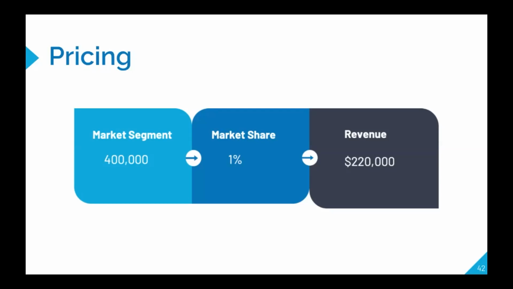There are 4 million Egyptians who are currently visually impaired. And by assuming that in the first year, we'll be selling to the A and B classes only, which amount to 10% of that number, this makes our target segment around 400,000 citizens. And by assuming that we will acquire around 1% market share during this first year, this would make us sell around 4,000 devices. And eventually, this will make our revenue amount to